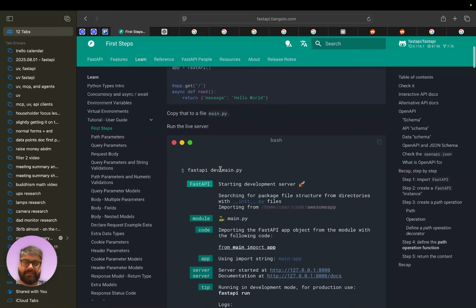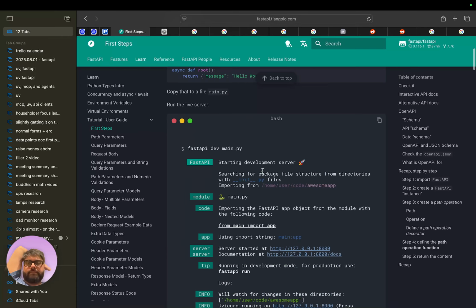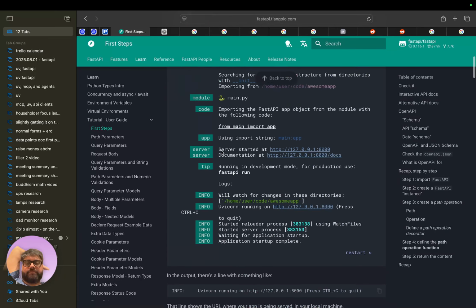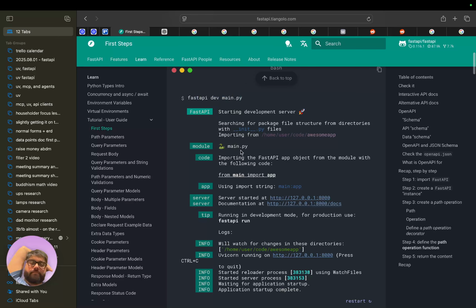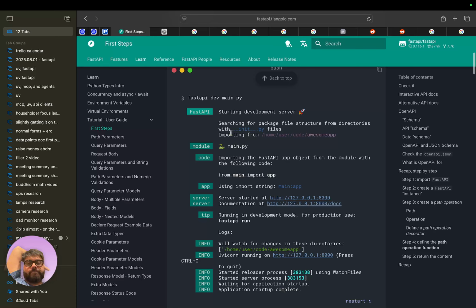And you can run it with, where is it? Copy that on the live server. Oh, there you go. fastapi dev main.py. I think the thing they don't explain here, and I haven't seen them explore up till where I have read, which is not usually far, I'll probably stop around request body, because that brings me to this chat very quickly. Is that dev launches the dev version of FastAPI.